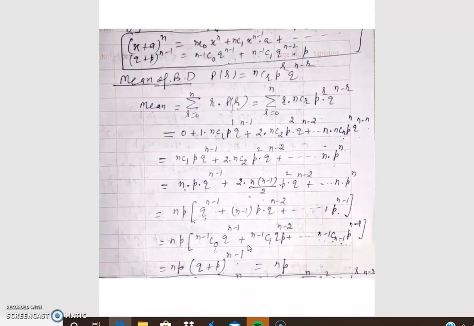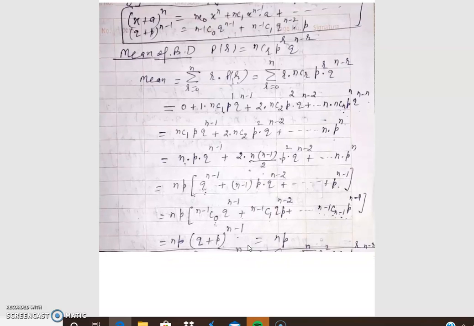binomial distribution, and with the help of binomial distribution we can find the mean of the binomial distribution. The formula of binomial distribution is P(r) = nCr p^r q^(n-r). The mean value of binomial distribution is the sum for r equal to 0 to n of r dot P(r). The probability is multiplied by r, then it becomes the mean of the binomial distribution, and r goes from 0 to n. What is the value of P(r)? The probability of binomial distribution is nCr p^r q^(n-r).